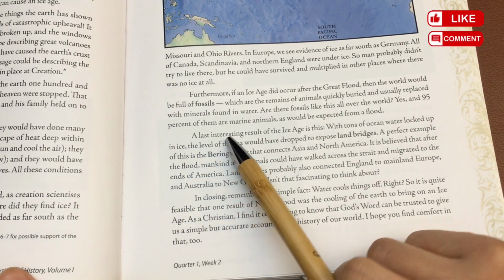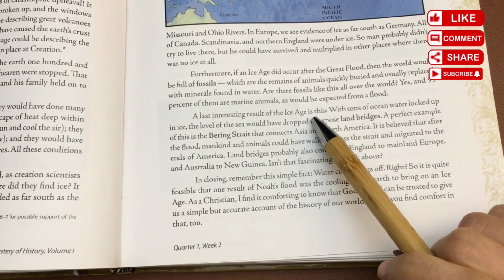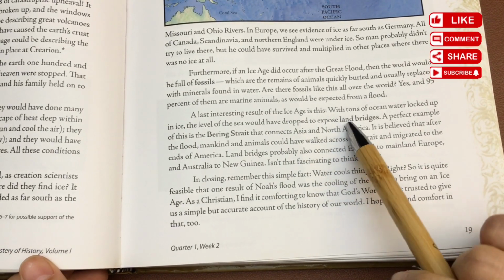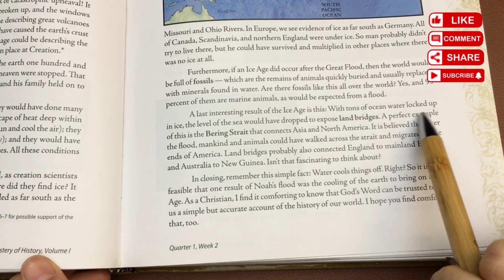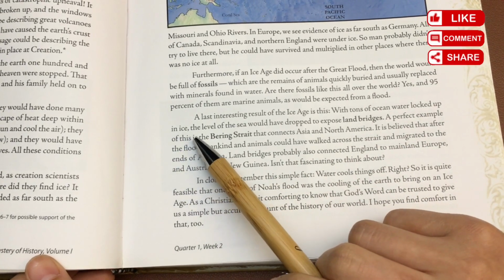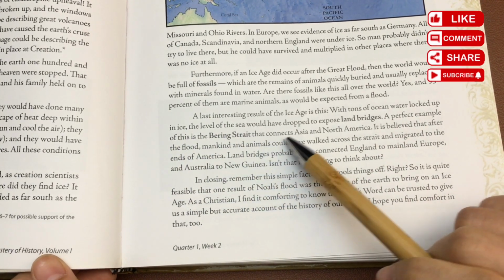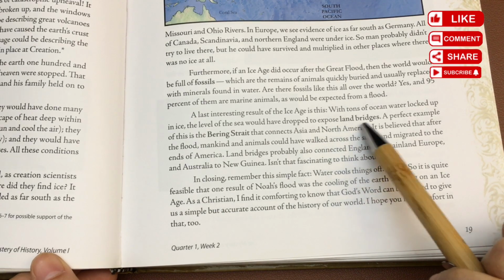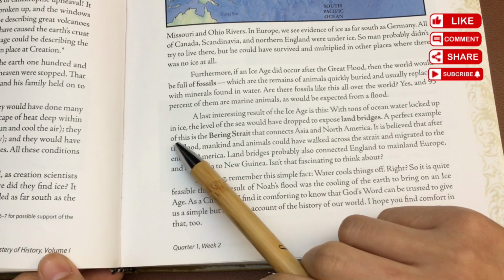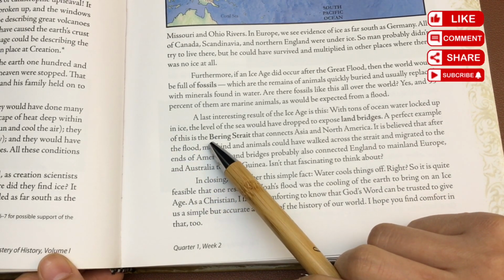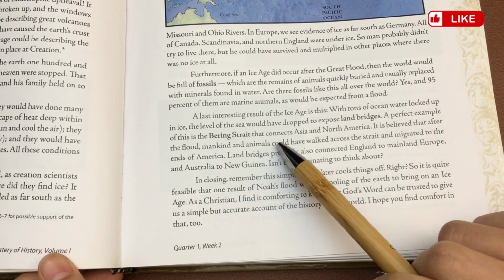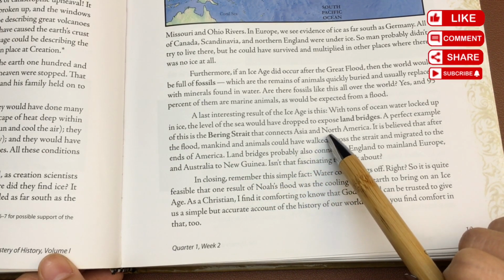A last interesting result of the ice age is this: with tons of ocean water locked up in ice, the level of the sea would have dropped, exposing land bridges. A perfect example of this is the Bering Strait that connects Asia and North America.